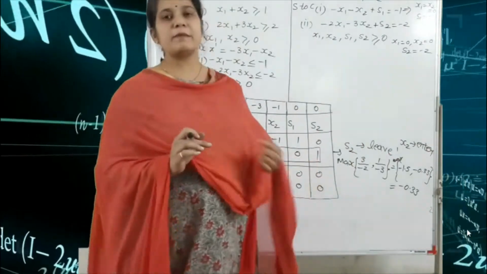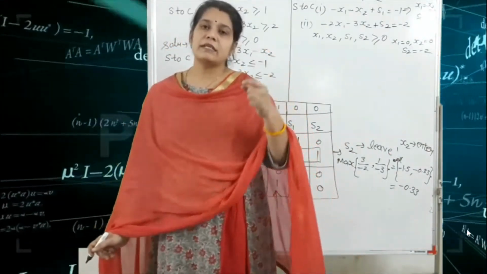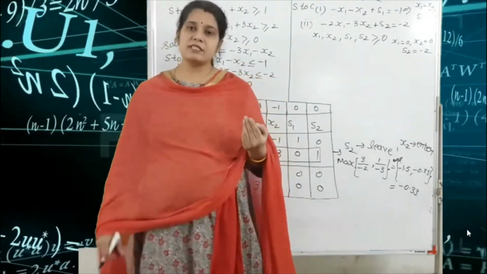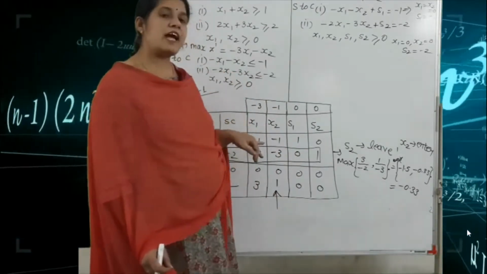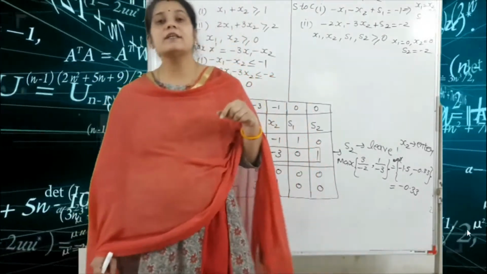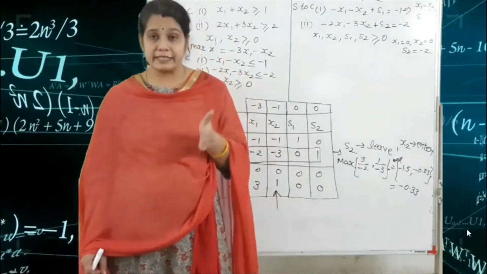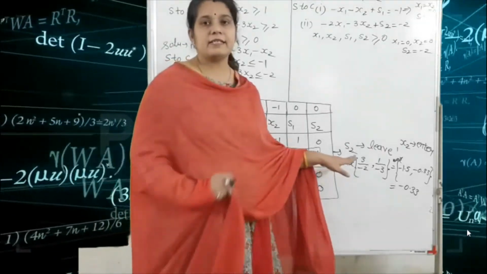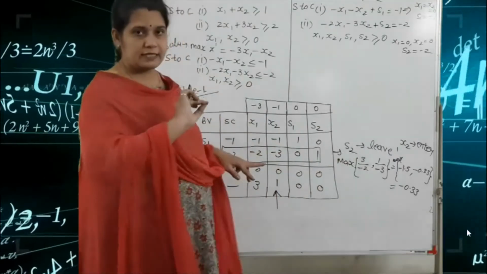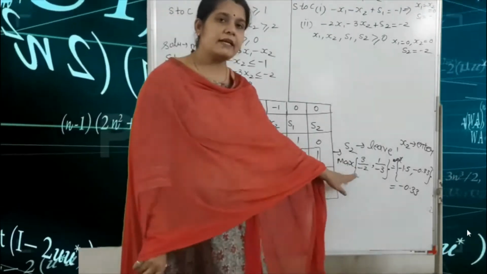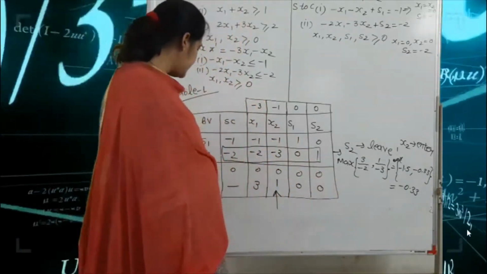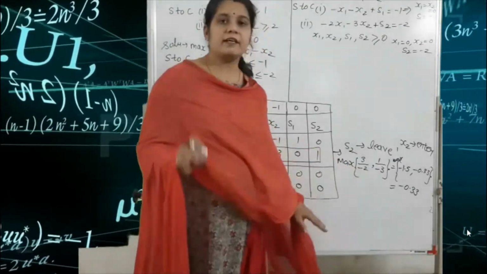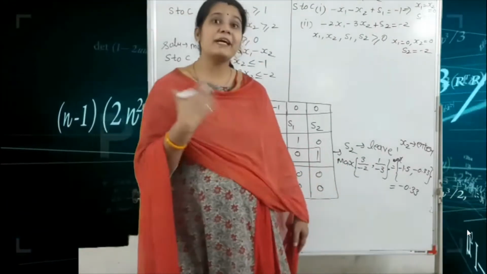Got it? So in the dual simplex method, first we choose the new variable, and after that you find the enter variable. The process is this: you check the solution constant column and choose the lowest value, that means the negative one. The lowest value is minus 2. This is your key row, and according to this row, your variable is the new variable. Then for the maximize value, the process is Zj minus Cj divided by the key row, and always you choose the negative values because we write the maximization.